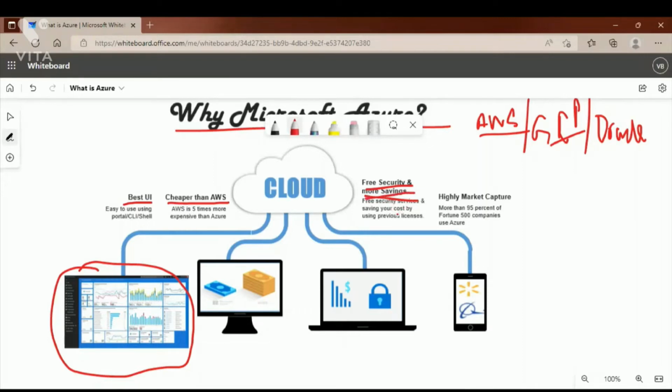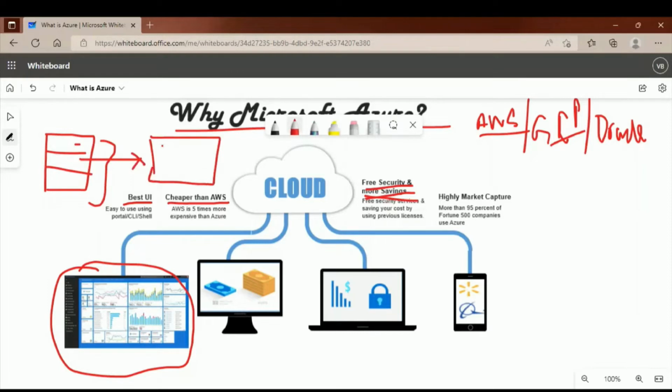It means that suppose you have licenses which are running on on-premises infrastructure, PCs or desktops, etc. If we bring the same licenses to Azure cloud computing, for example, suppose on-premises you have 10 desktops, so you have 10 licenses. Now we have migrated these 10 Windows desktops to Azure virtual machines.